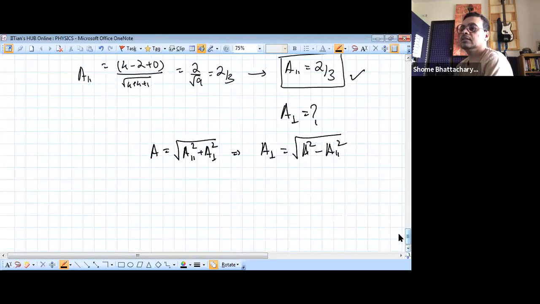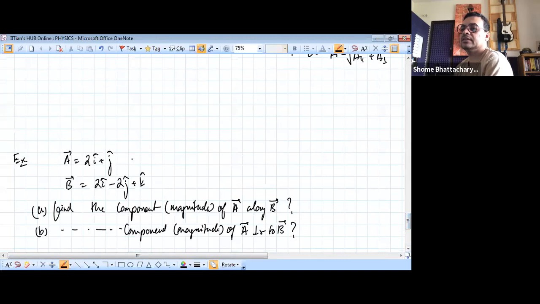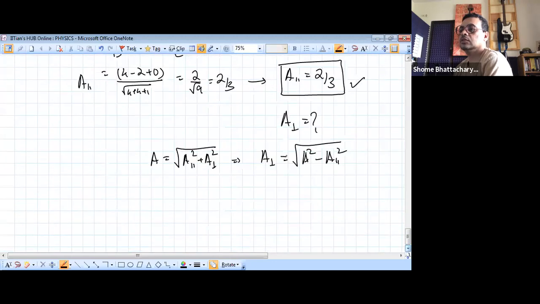So now going back here, what was your magnitude of the vector A? It's root 5. So A perpendicular will become square root of 5 minus